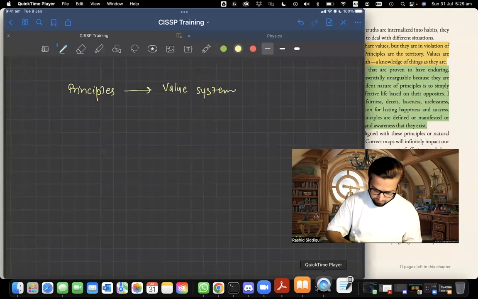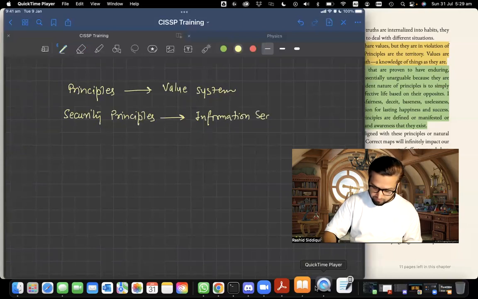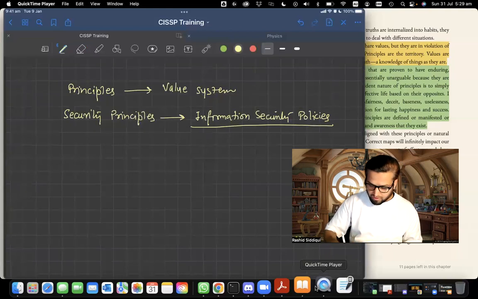Similarly, we have security principles, and this gives rise to information security policies, right? And the security principles which we will be discussing here are